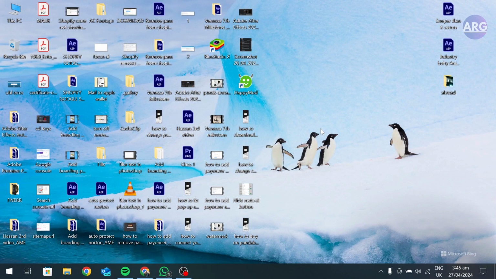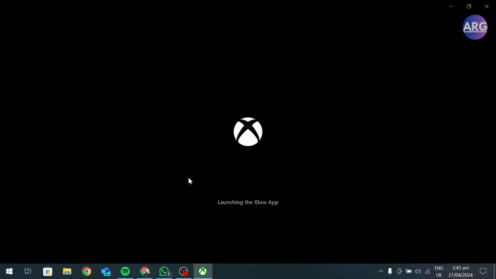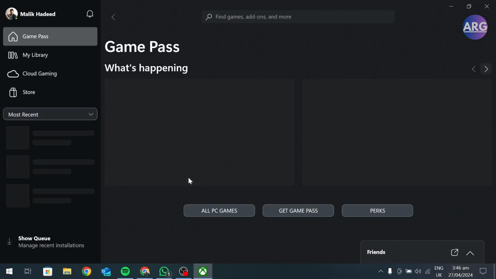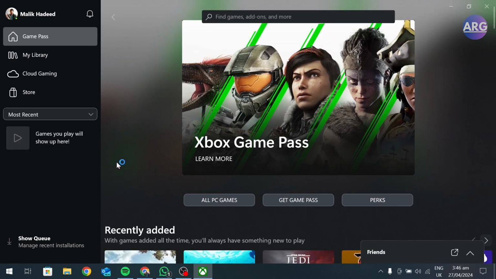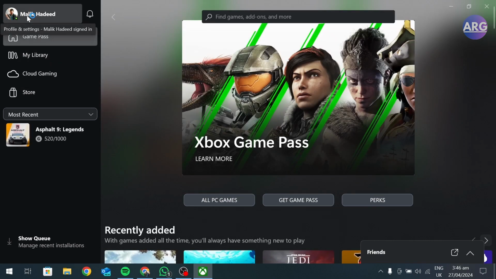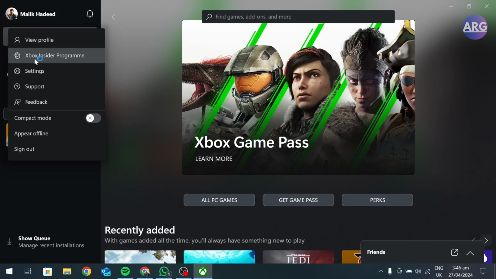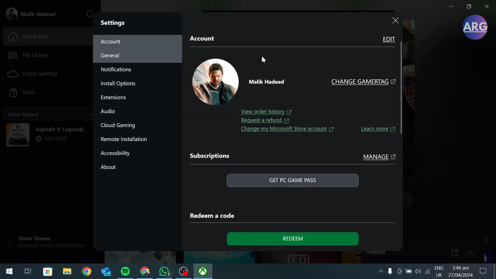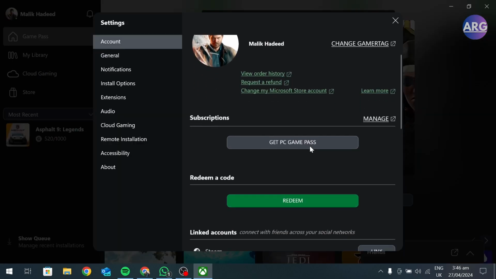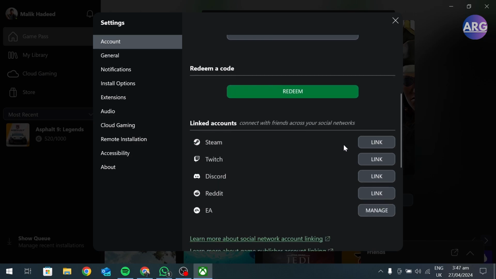Today I am going to show you how you can connect your Xbox Live account to your Steam account. To do that, first go to your Xbox Live account. Then go here and click on your name and click on settings. Here scroll down and click the link button in front of Steam